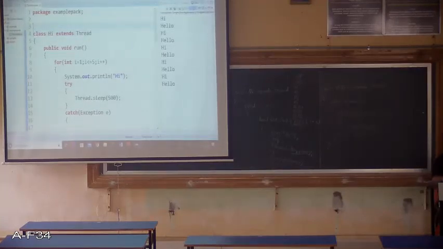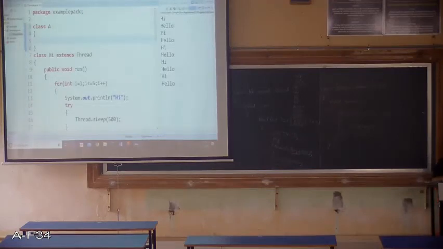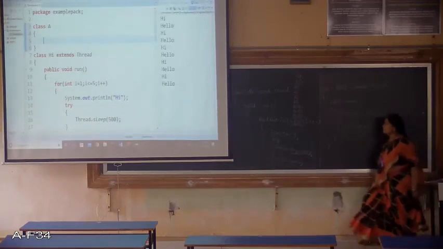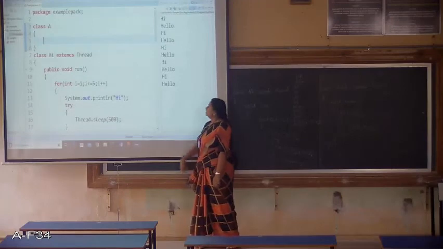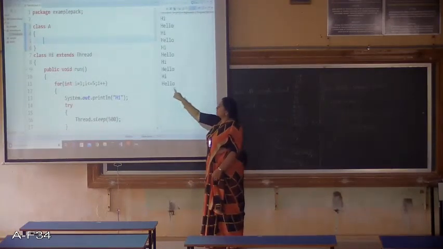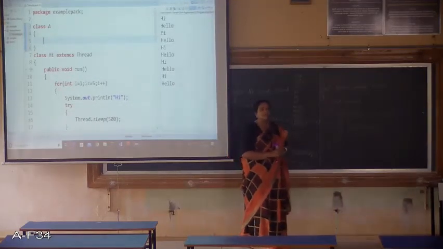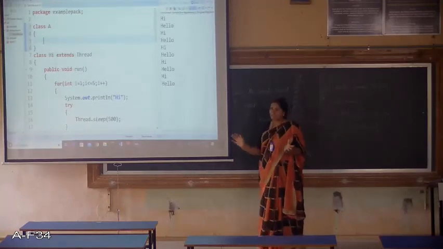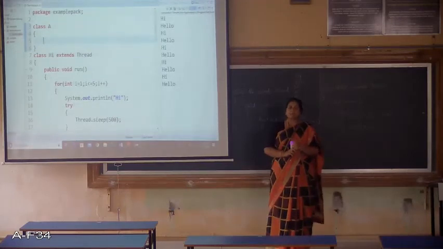Let's say class A. Class A, there is something written over here, and consider that there is a requirement such that hi class requires some of the features to be acquired from class A. So it is the requirement of class hi now that it wants some of the features from class A to be picked.